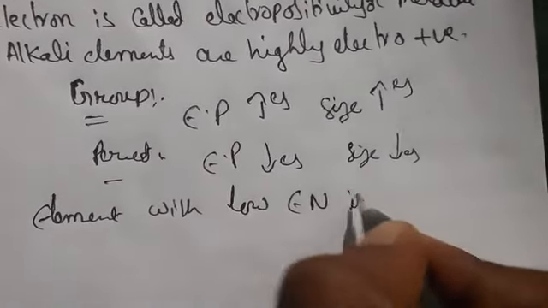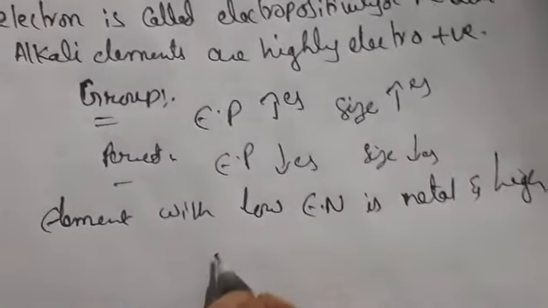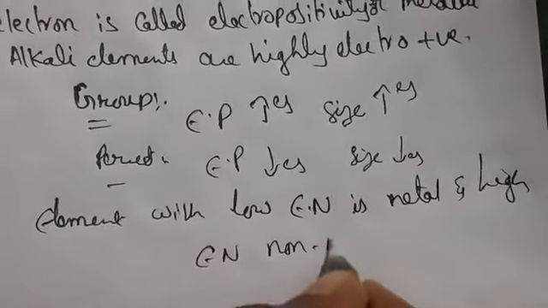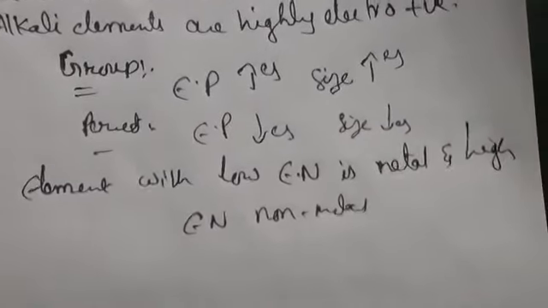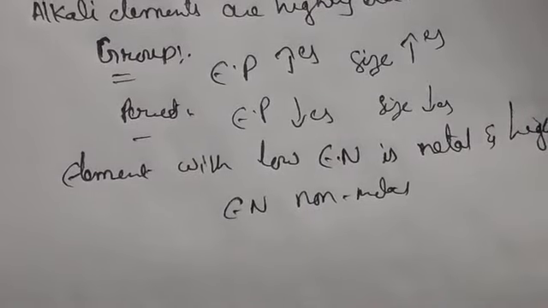Low electronegativity is metal, and high electronegativity we are going to have non-metal. Electropositive elements react with water and acids to give hydrogen. Ions like NaCl, from strongly electropositive alkali metals, do not undergo hydrolysis. So this is nothing but electropositive elements.